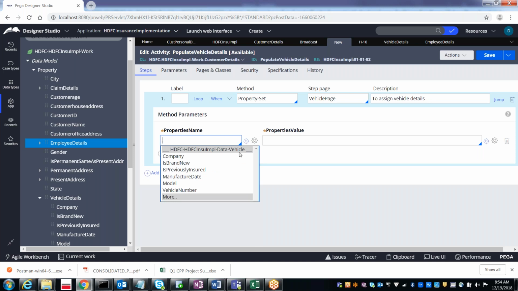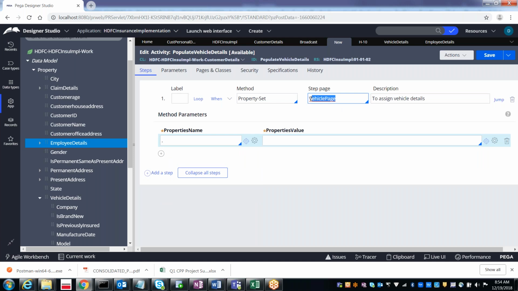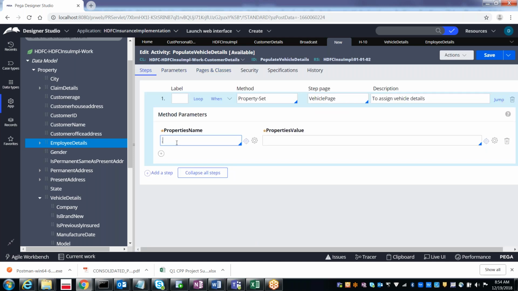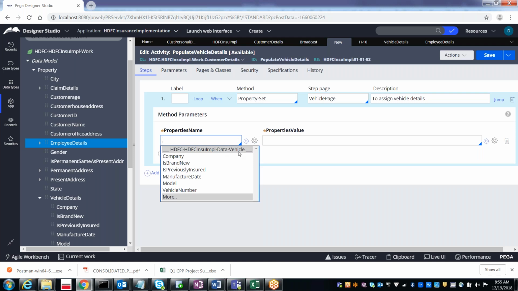Exactly. Dot and down arrow means it is taking the step page. This step page is referring to which class? Vehicle page is referring to vehicle class. So the properties you will be seeing are from the step page class. See, vehicle, Data-Vehicle. Understood?